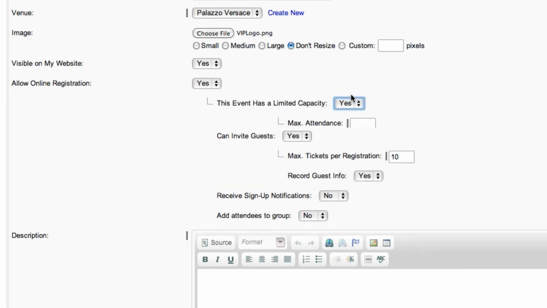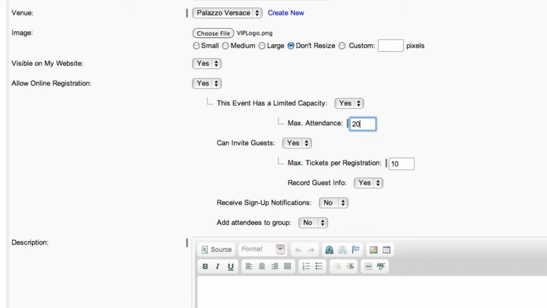I have a limited capacity of 20 people. I want my attendees to be able to bring along a guest, but only one, so I'll change this number to 2 here, which allows them to buy 1 ticket for themselves and 1 for their guest. I want to record the name and email address of my attendees' guests, so I'll leave this field set to